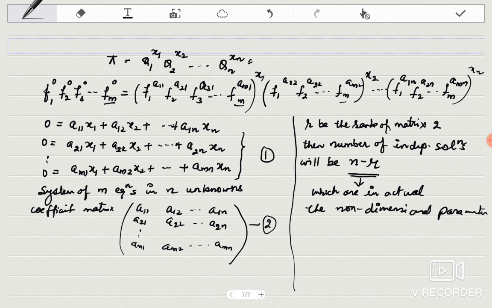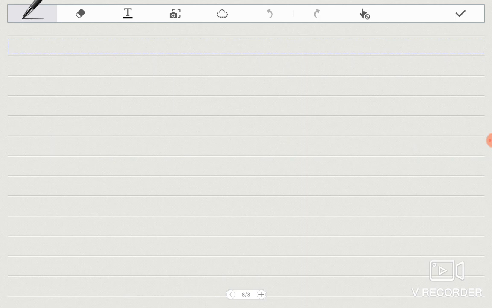This is what Buckingham's pi theorem says. There we have taken q in place of r, there we have taken m, so that was n minus m. So this is the theory of Buckingham's pi theorem, and that was the example which I told you in the starting of this article. I may also explain this with the help of one more example.